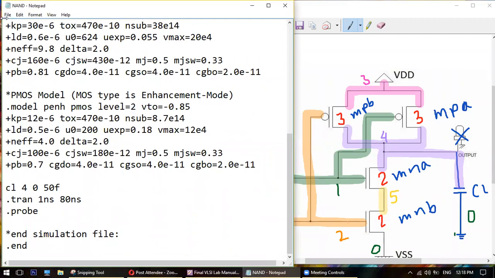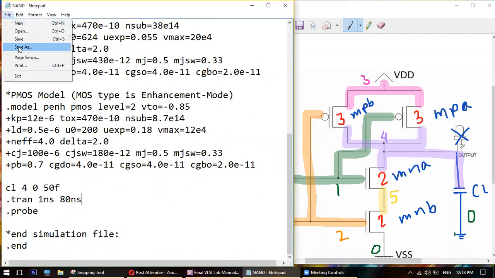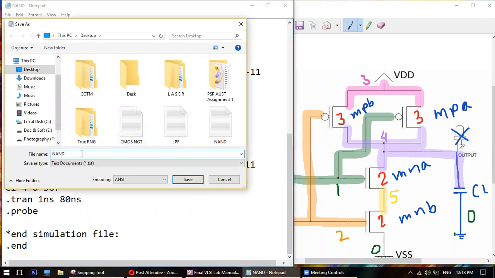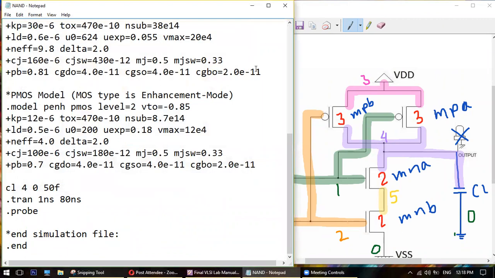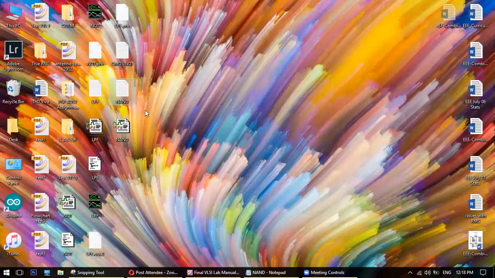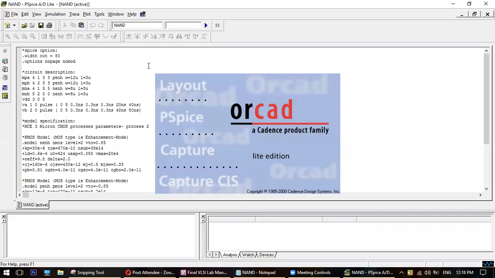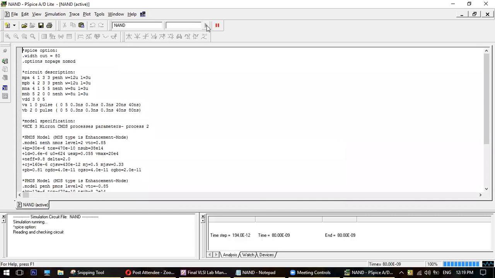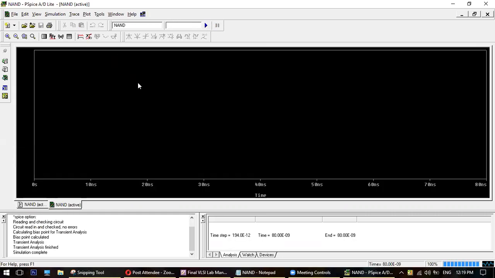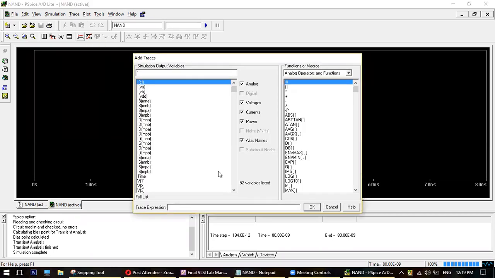Now, I'm going to make it a save as and dot what? .cir, right? All file, save. We are done. Now I'm going to click these NAND, and this is our simulation. I'm going to click, and now as you can see, there is no DC analysis, so they directly go to the transient analysis. Click. This one CL, this one VA, this one is VB. That means 3. One is CL, one is VA, another one is VB.